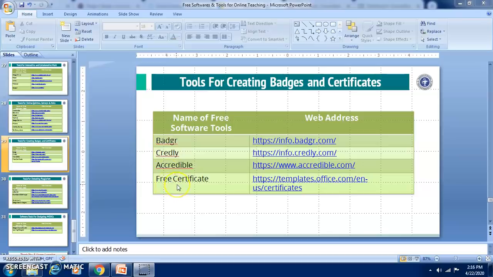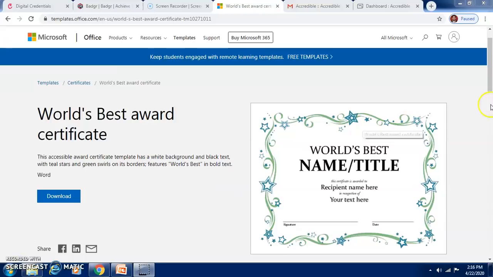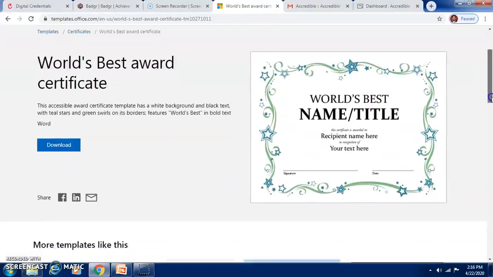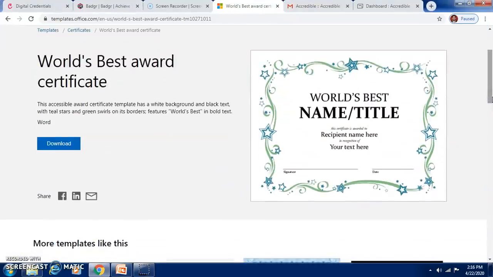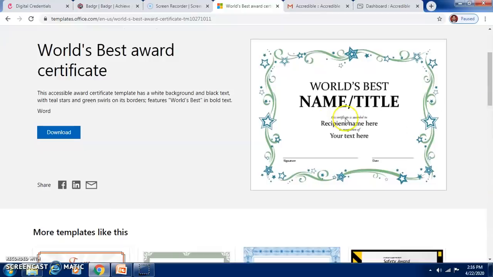And free certificates are available here from Microsoft 365. So just have a look. Here you can find templates which are absolutely free. You have to select one, and then you can download and edit it.